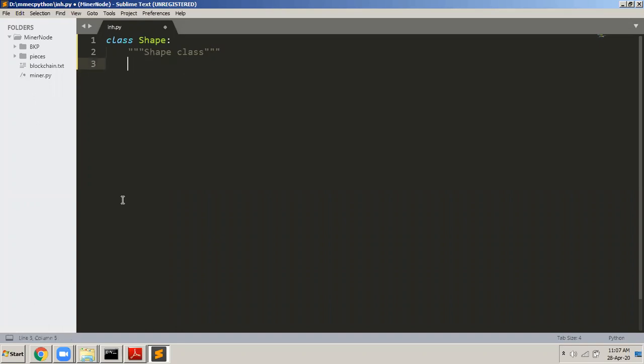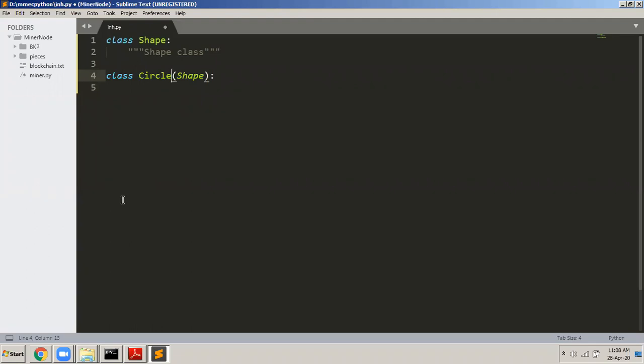Now let me first tell you the syntax of inheritance. There is a class called shape. You want to declare a new class which should inherit from shape. So I say class circle. This is how we do inheritance in Python. We define a new class. We write class, name of the new class, and in brackets we write down the name of the base class, the name of the original class.